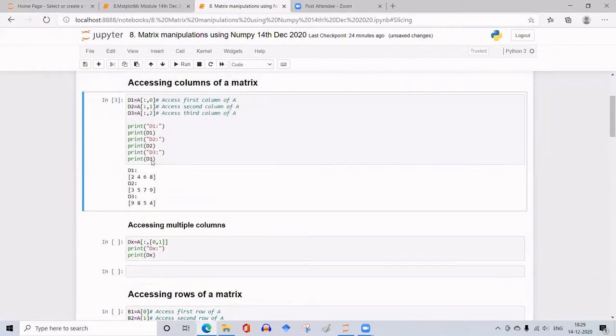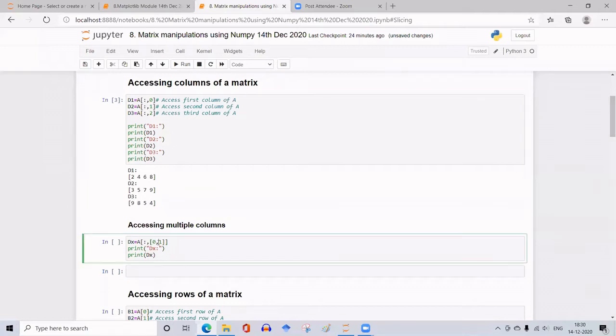Suppose I want to access multiple columns, then you enclose the column numbers you want to access within a square bracket. So here I have written A matrix, then colon, comma. I want to access the 0th and the first columns. So I have written within square brackets 0, comma 1.